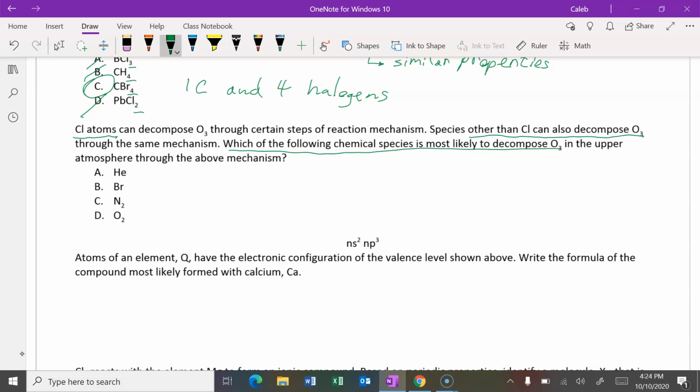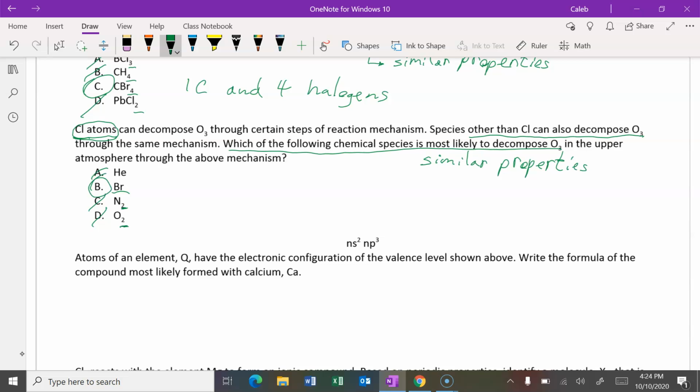So which one's most likely? Once again, we're looking for something with similar properties. So probably another atom from the same group as chlorine. Well, helium is not. That's a noble gas. Bromine is from the same group. Nitrogen, well, for one thing, it's N2. That's not likely going to be the case. But also nitrogen is in a different group, and oxygen is also in a different group, and we've got subscript